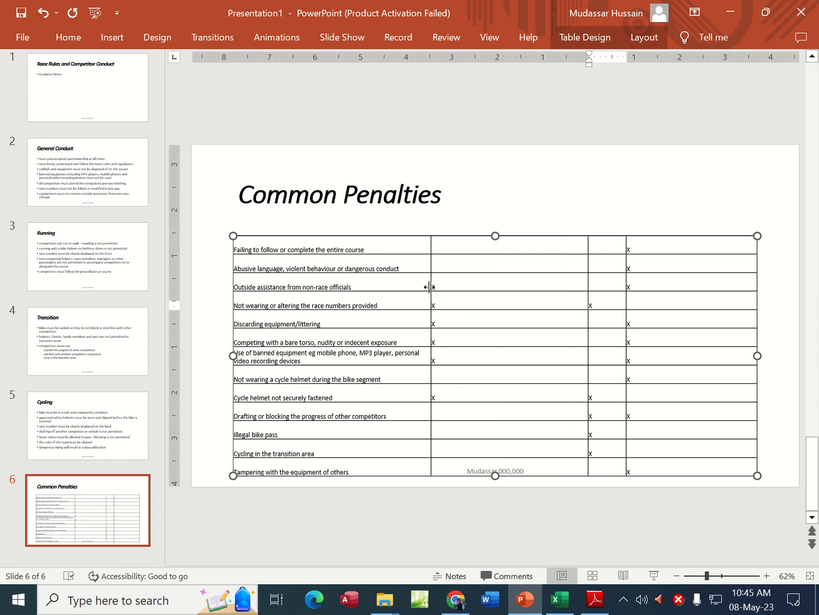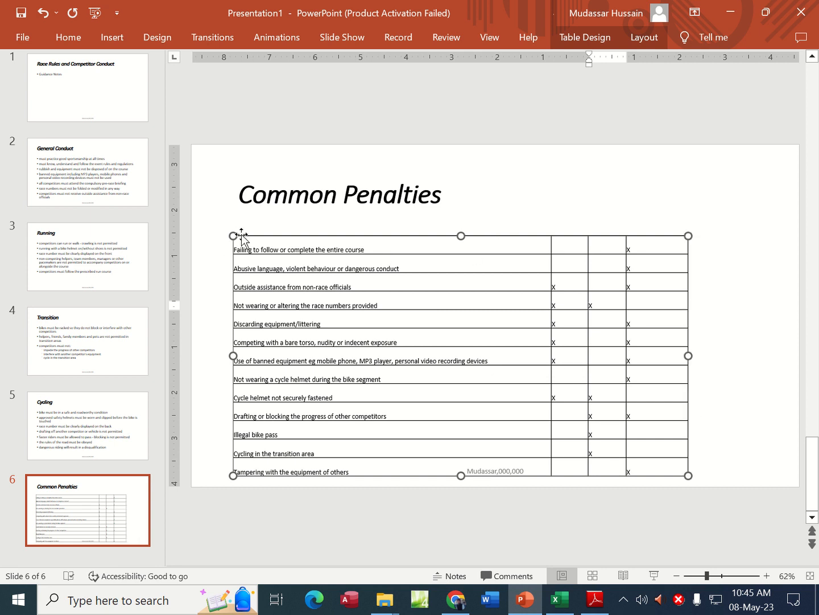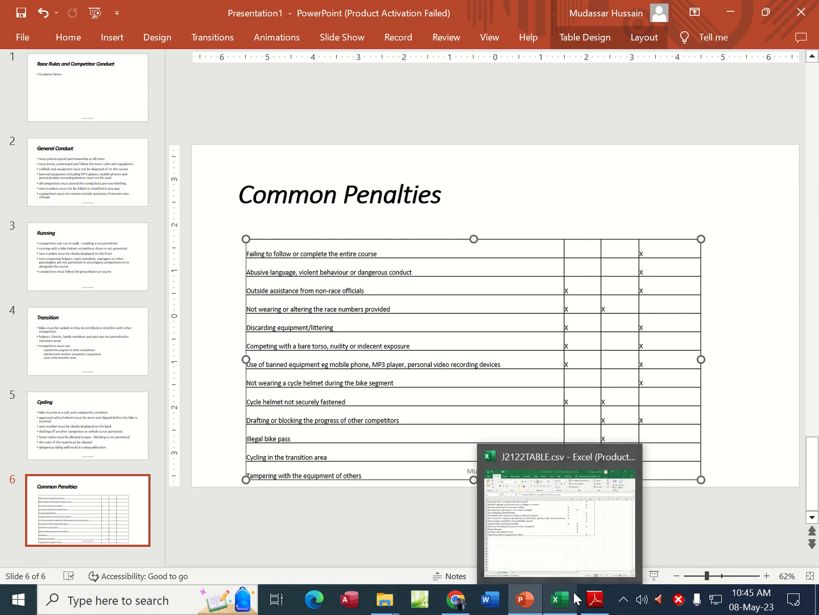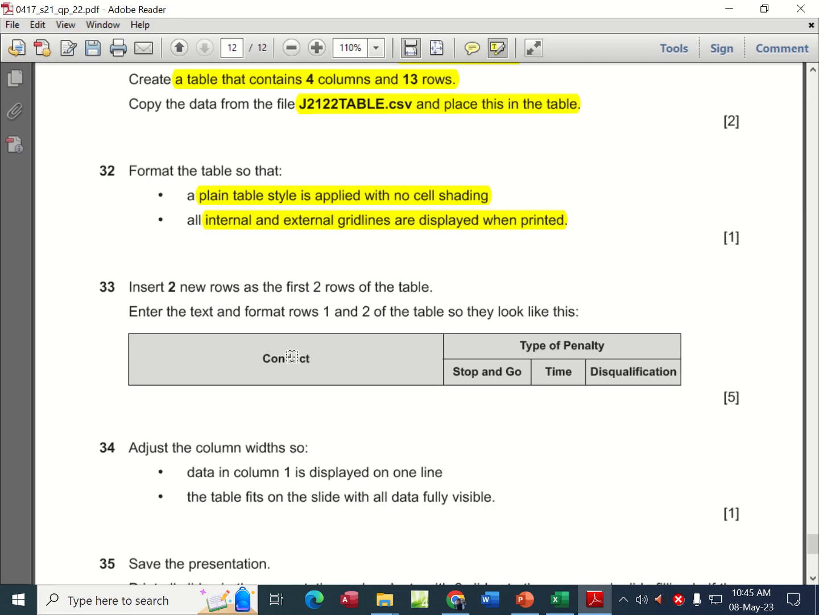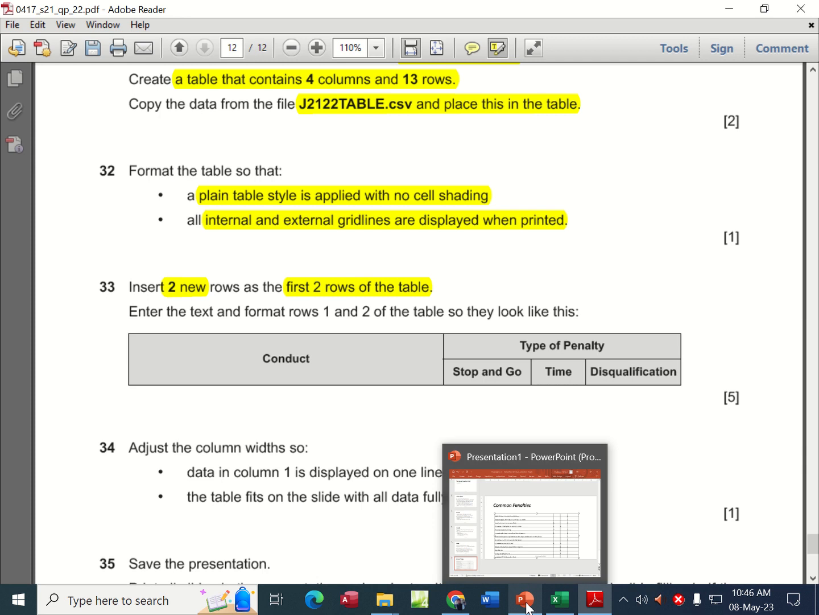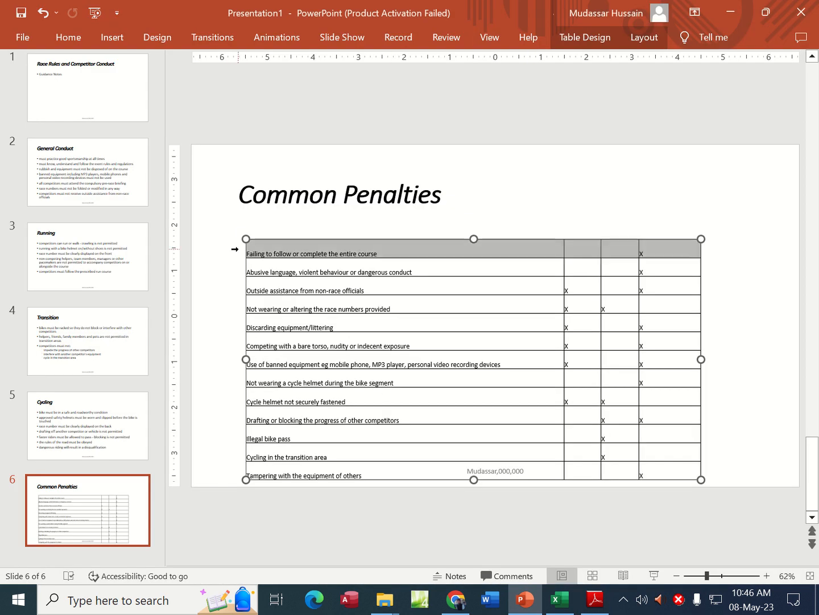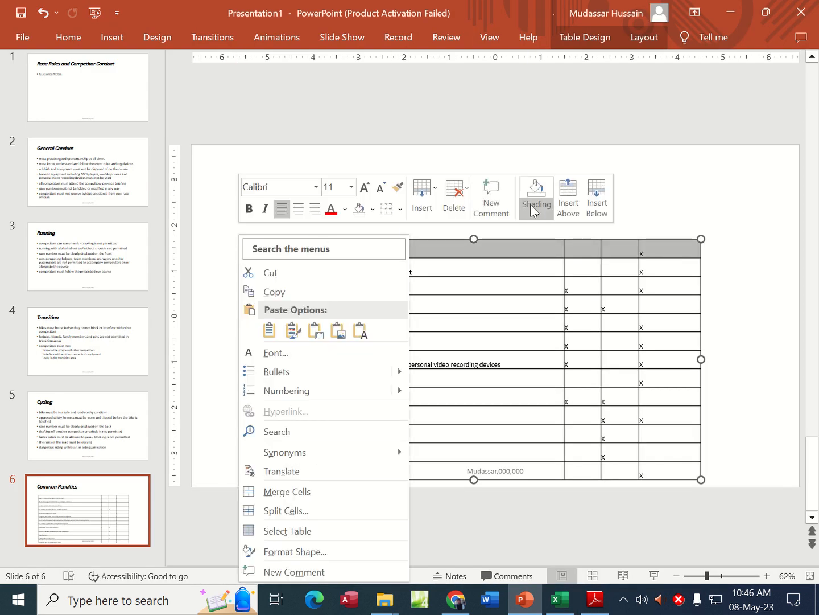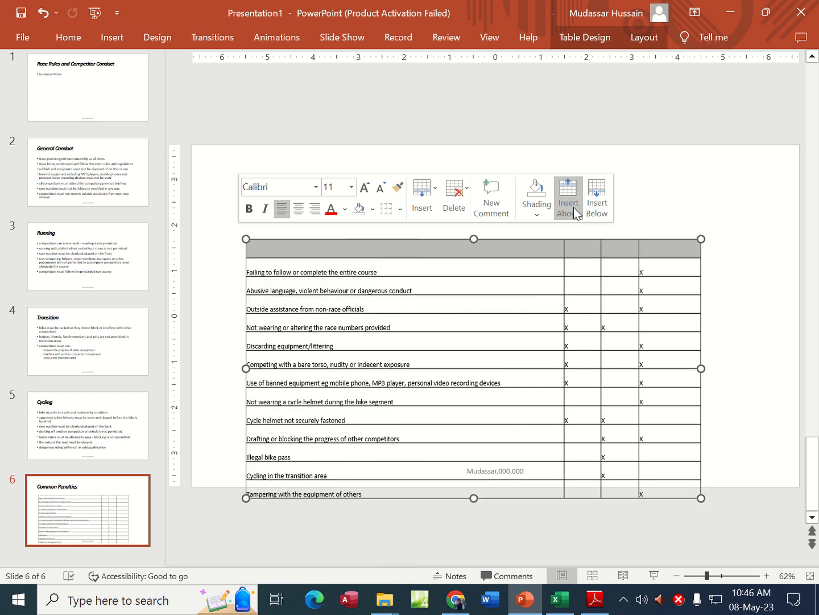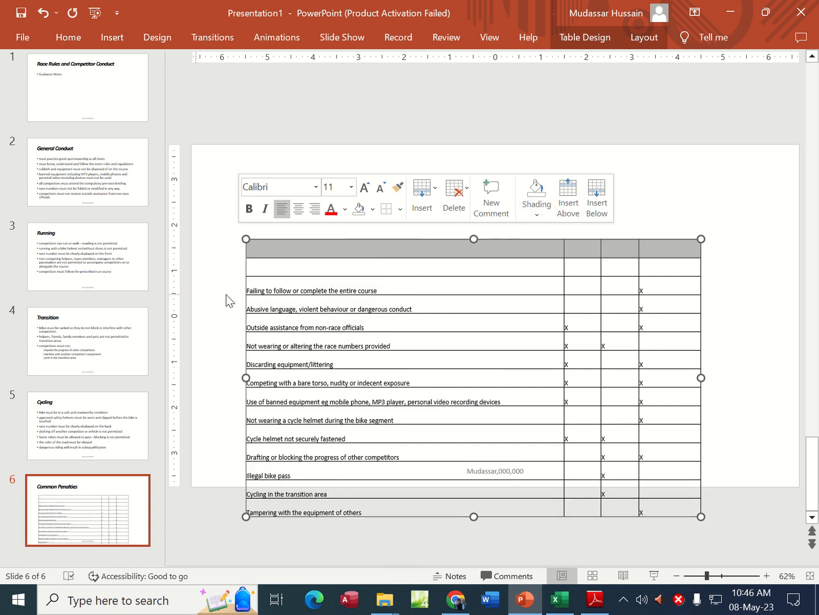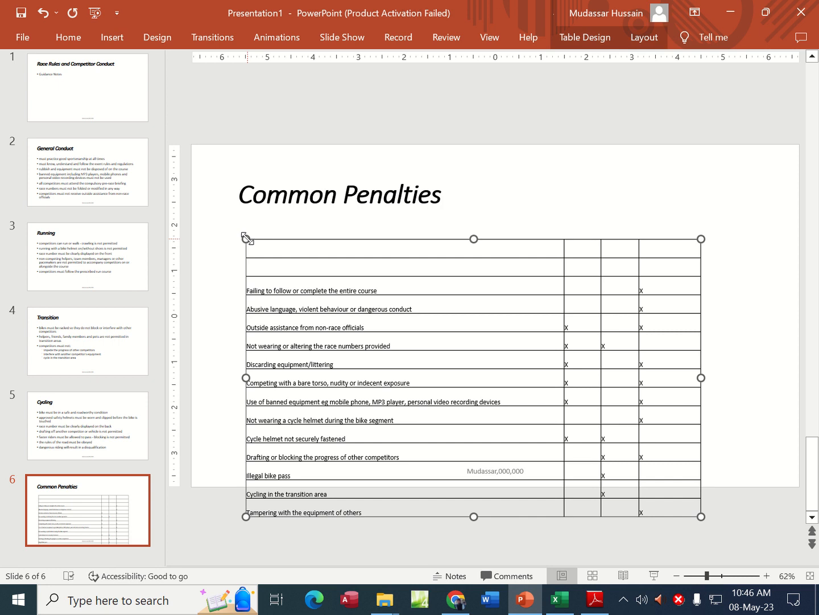And we have to manage. Okay, fine. The next point is insert two new rows as the first two rows of the table. We have two rows inserted in this table. Just click and insert above and then above. Okay, fine. The next task is